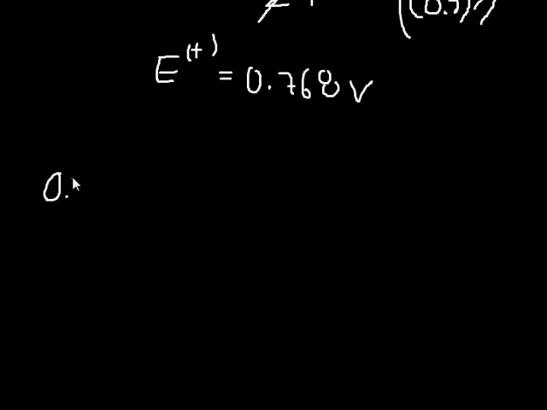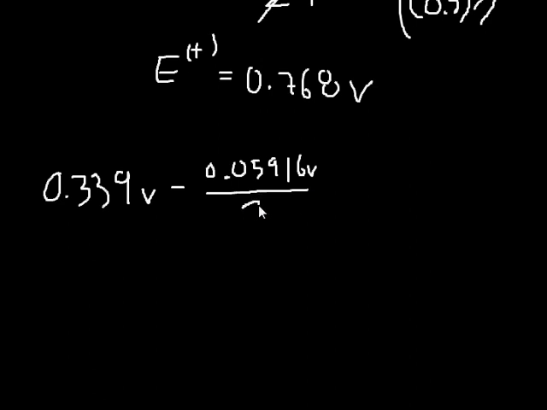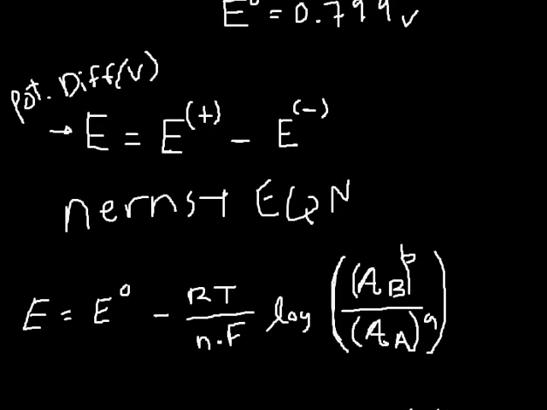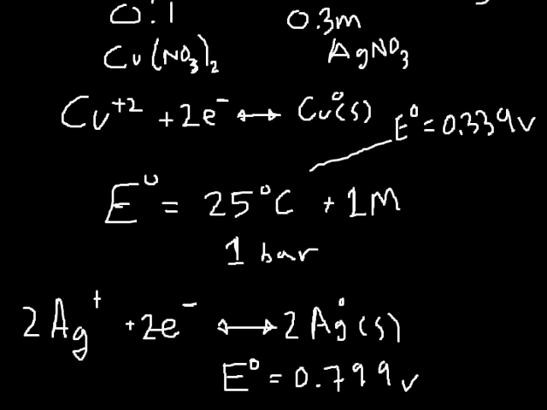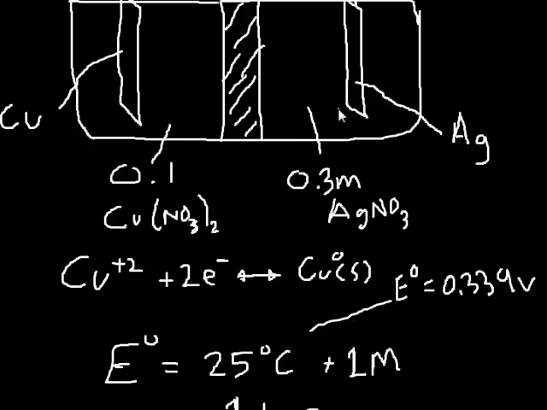So we have 0.339 volts minus that nice constant we're using, over 2. We're moving 2 electrons. Now it's time to pay attention again. 2 electrons, and over here there's no coefficient in front of the copper, and again it's a solid, it's standard potential,